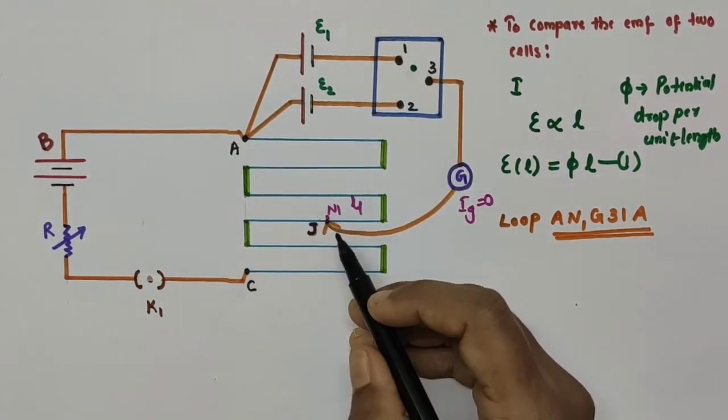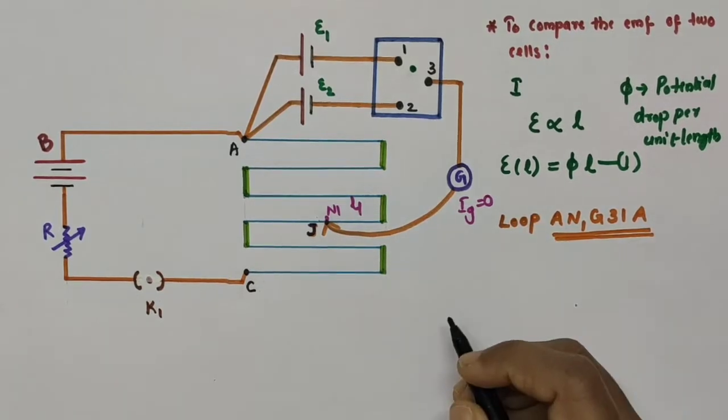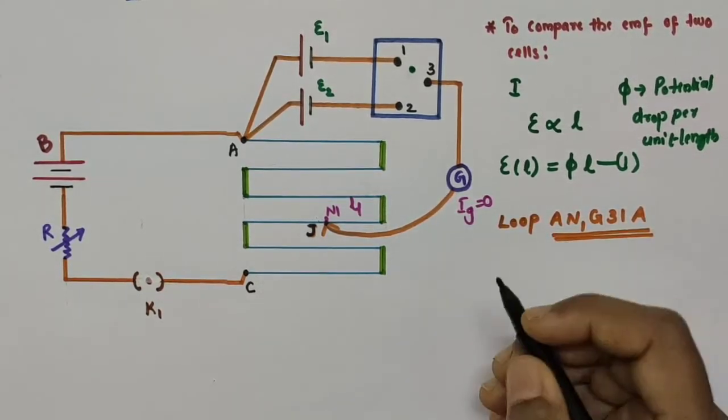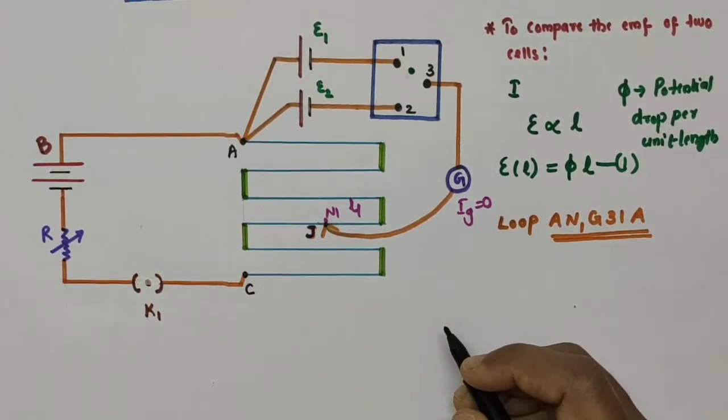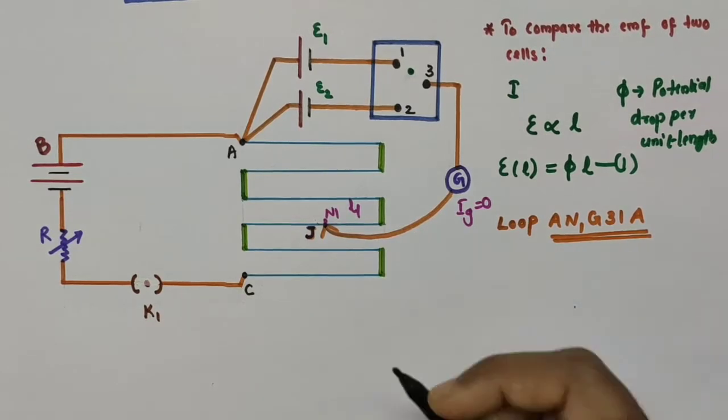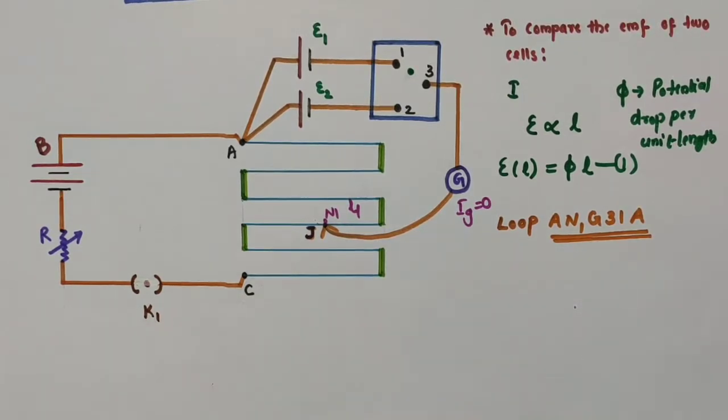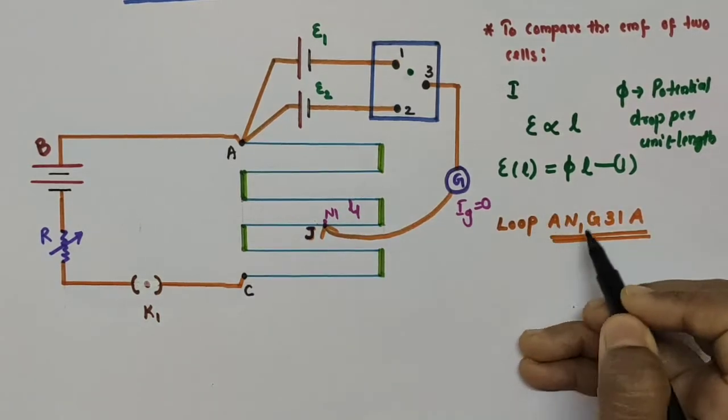Then here we are going to apply Kirchhoff's loop rule. According to Kirchhoff's loop rule, the sum of potential differences across every single element is equal to 0. While we apply the loop rule, we don't want to worry about the directions of current. Why? Because Kirchhoff's loop rule as well as the junction rule have their own correcting nature. So we don't want to worry about the directions of current that we are assuming here. So we are going to apply Kirchhoff's loop rule to this loop.